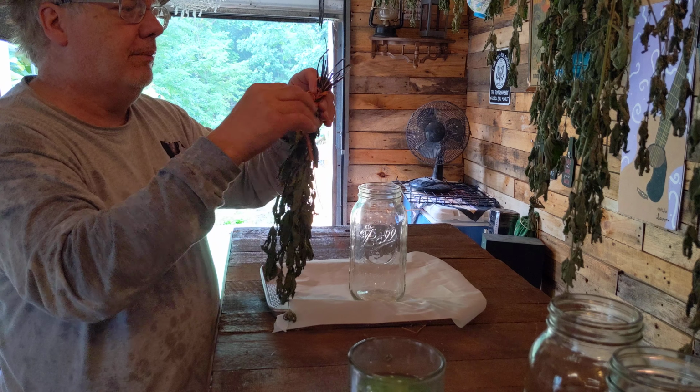So what we'll do is, these are nice and dry. We're going to take each individual one, and as you can see, it's going to be a tedious job because there's a lot of plants, but that's what you do. It also helps, if you see a little brown, something that maybe had started to go bad, throw it aside. Throw it on the floor,